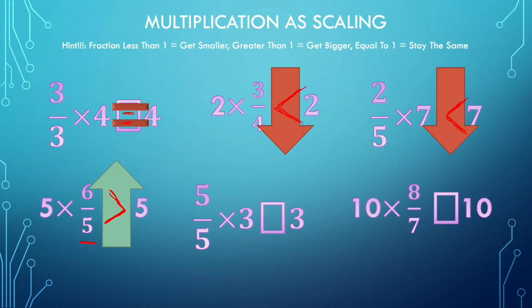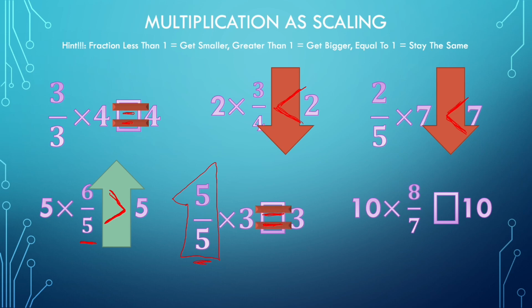We are going to get bigger. Our fraction of 5/5 is going to be equivalent to 1 whole. We have 5 shaded pieces out of 5 total pieces. So when we multiply 5/5 by 3, we should be staying the same because we are equal to a whole number. Checking with it,